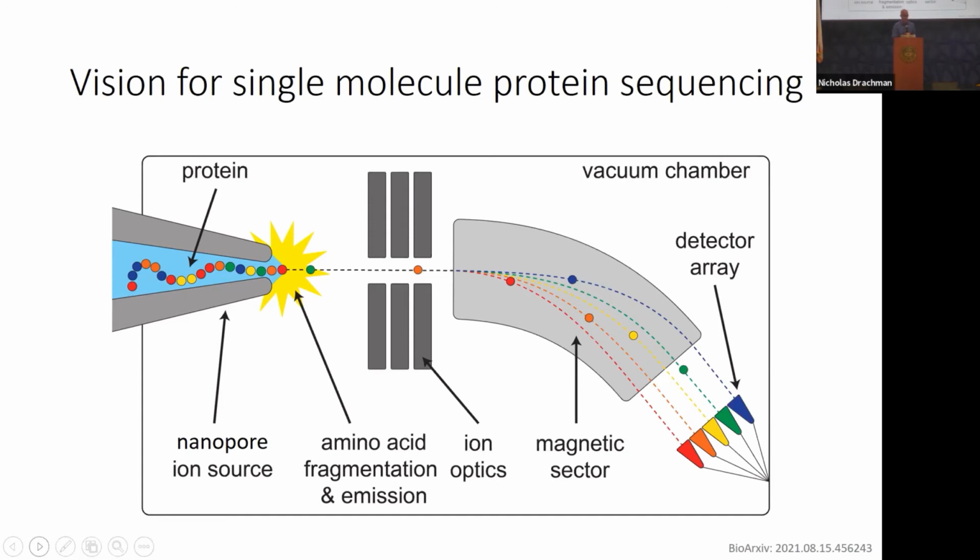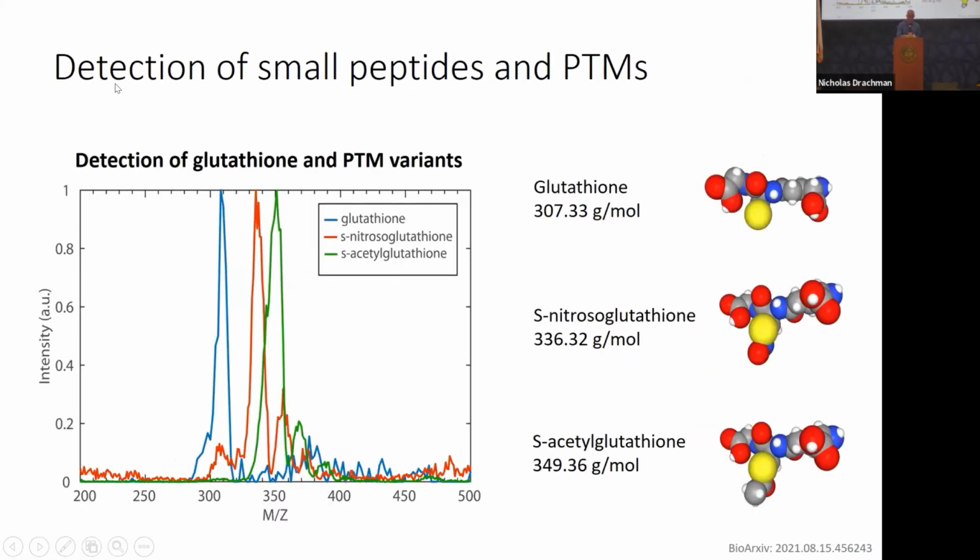Now, there are obviously some technical hurdles that remain in order to realize this vision, namely in being able to fragment a protein into its constituent amino acids at the tip of a nanocapillary. But the ability to ionize amino acids and small peptides from aqueous solutions directly into high vacuum constitutes a major step towards this goal. So one last note, since I'm sure many of you are curious, we have tried this